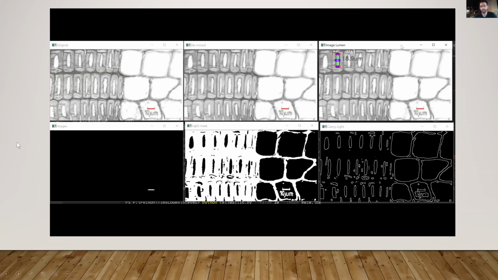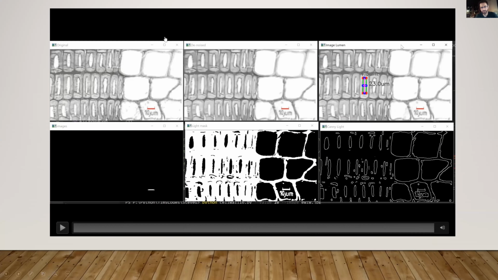So the next step is if you were looking at wood under the microscope, rather than try and measure certain features, just get the computer to do that for you. So here we have the original microscope slide. We've got a little red scale bar on that top left image. In the bottom left, you can see I've asked the computer just to find the